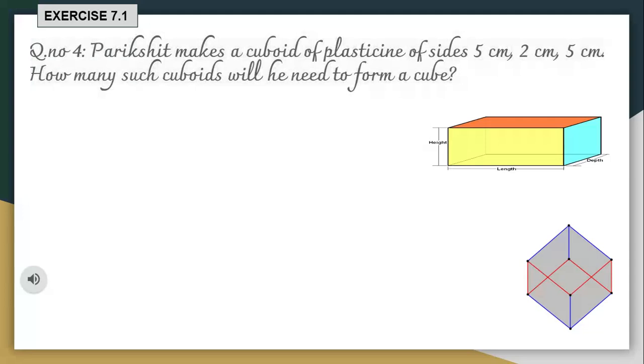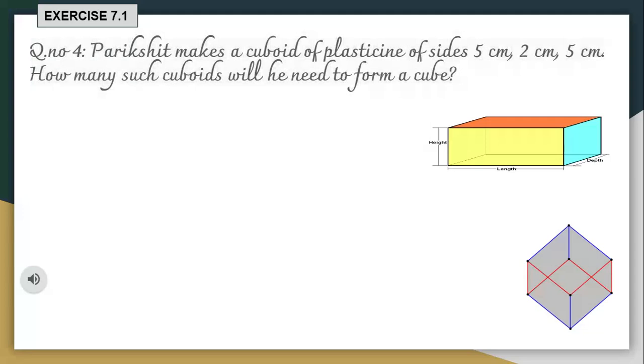So how can you make a cube with a cuboid? Placing multiple cuboids like this, such that when you make that arrangement all the three sides should be equal, isn't it? Now let's think logically. How do you think we can place cuboids of this size so that we get a cube? Now look at this cuboid. Two sides are equal, isn't it? Maybe it is the length and the breadth, that is 5 centimeter each. But the height is different, that is 2 centimeter. So let's see how to find out.